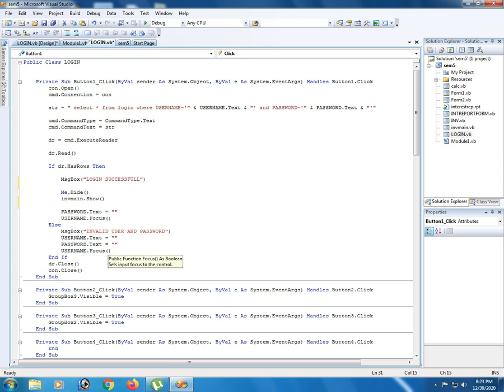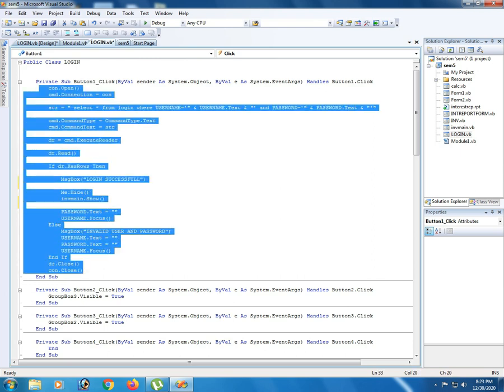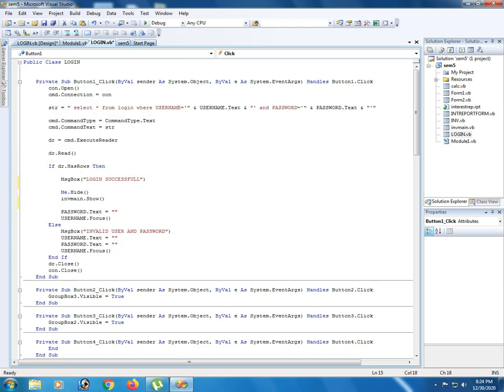After this, next we have forgot password. We use forgot password to retrieve the password based on the username. Based on this username text box, you are going to retrieve the table information. To do that, you give the search command.